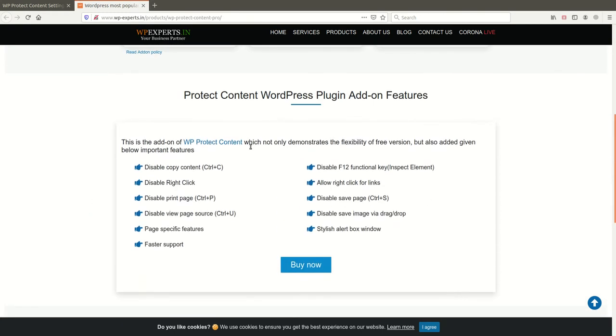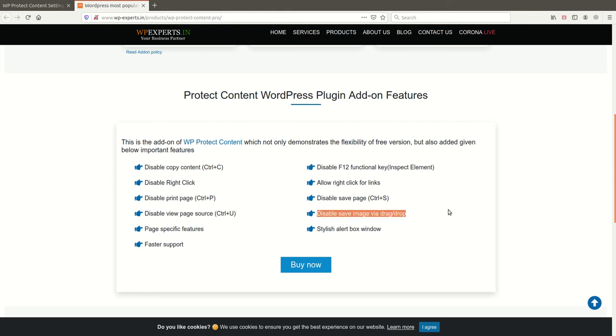We have listed the features of the add-on here. We have given the option to disable copy content, disable the F12 function key, disable right click, allow right click for links, disable print page, disable save page, and disable page view source, which means the user will not be able to view your website page source.